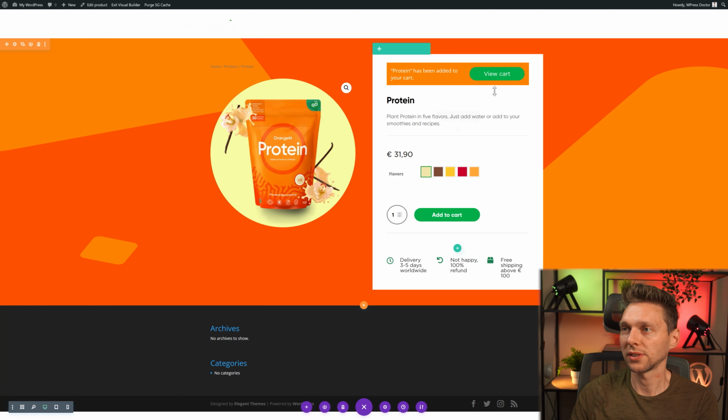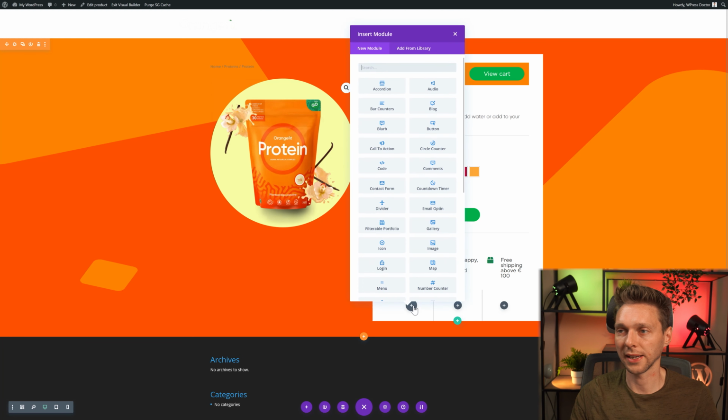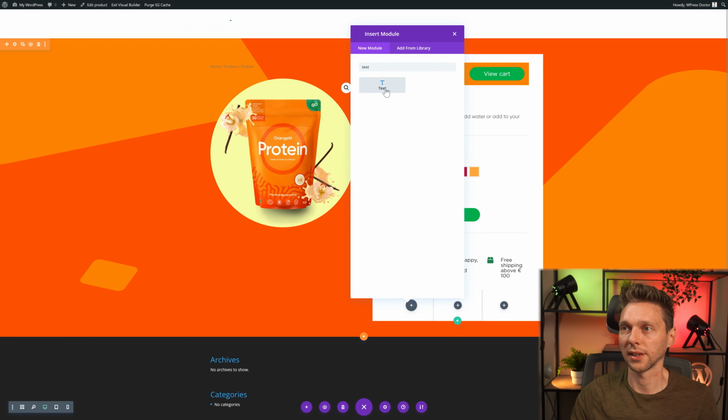This is actually really neat. So what do we do to create this? We're actually going to duplicate this entire row. We're going to remove all these things. And the first thing is add a text like this. And the text will be pay securely with. Of course, this one is Gilroy Book. It's a little bit bigger, 16 pixels.